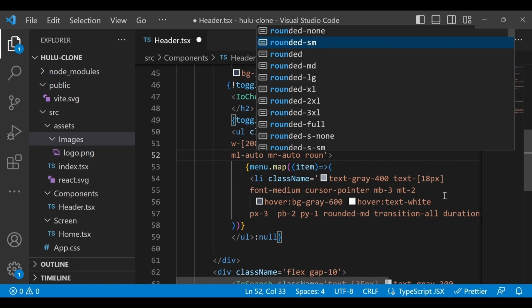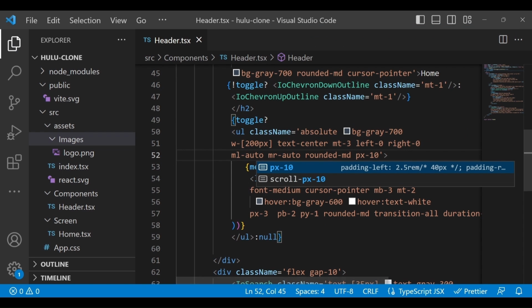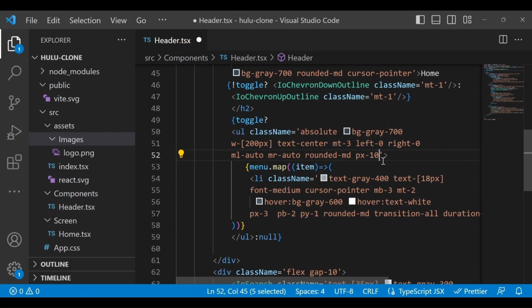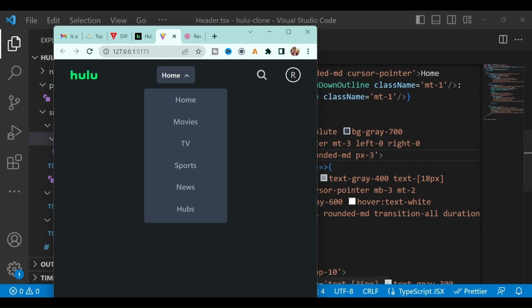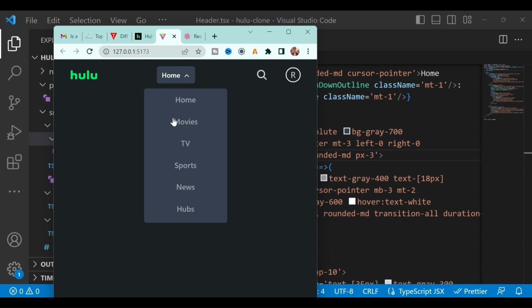Also we make the corners rounded, medium size, and let's save everything. Let's add padding X if needed, and if you see, everything is working fine now, okay? If you don't want this padding, you can decrease or remove it. It's up to you how you want it. If you remove the padding, it will look like this. Otherwise you can give some padding, not much, like 3 maybe, and it's similar to this one, correct? I kept the padding a little smaller, but it's up to you. Now it's looking good, right?